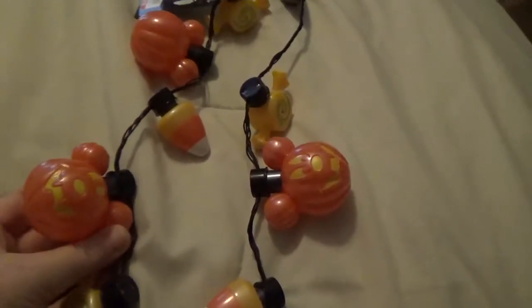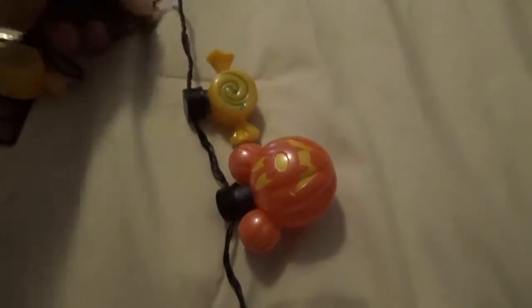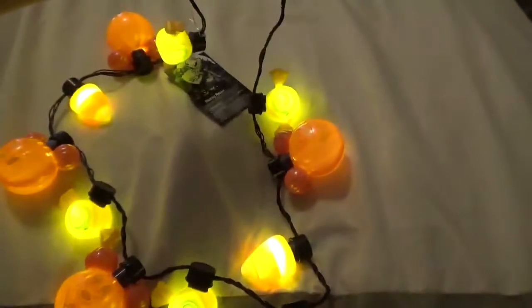So they were selling these necklaces. They're like the flashy little necklaces, it's called a Halloween glow necklace. So it's like with the Christmas ones where they're like Christmas ornaments. Let me see if, there we go. So I thought this would be cool so that Michael could wear this when he goes trick-or-treating, so he could be seen, or John could wear it, or I could wear it. So different settings. So we got that,